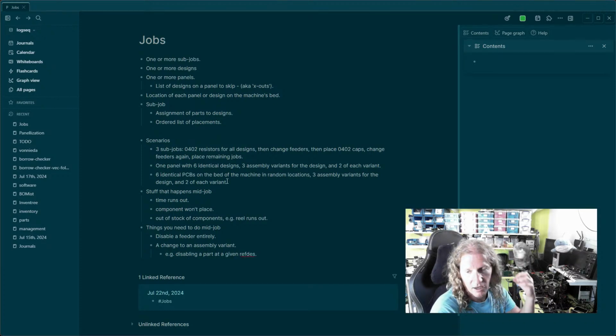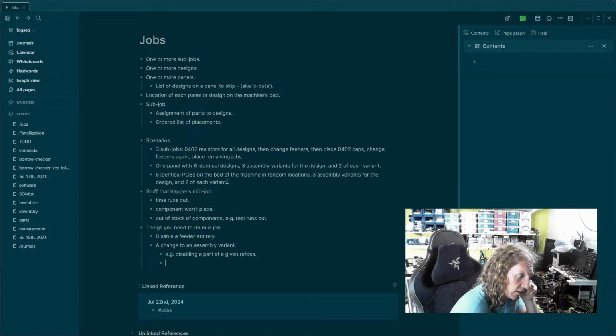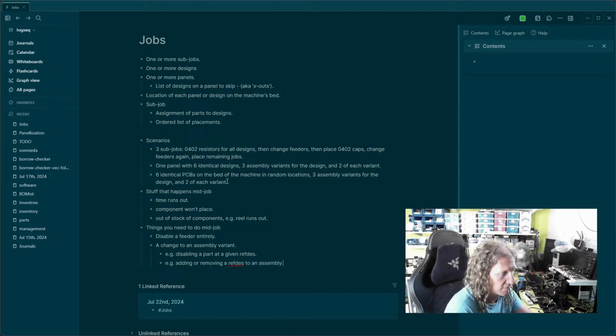So you want to say, I don't want to place R1 on any more of this assembly variant because I didn't define my assembly variant correctly. Okay. One of the other things you can do, which is definitely going to be more annoying, is adding or removing a ref des to an assembly variant